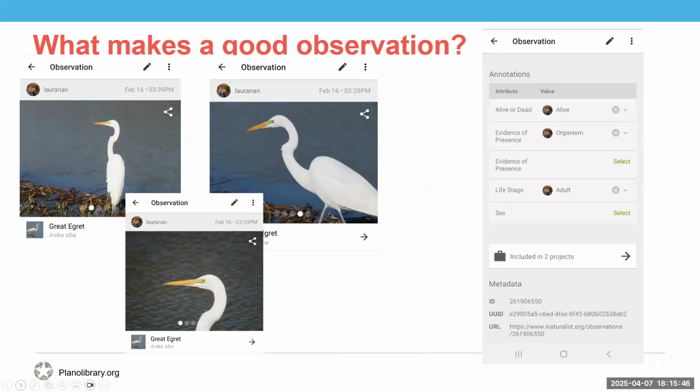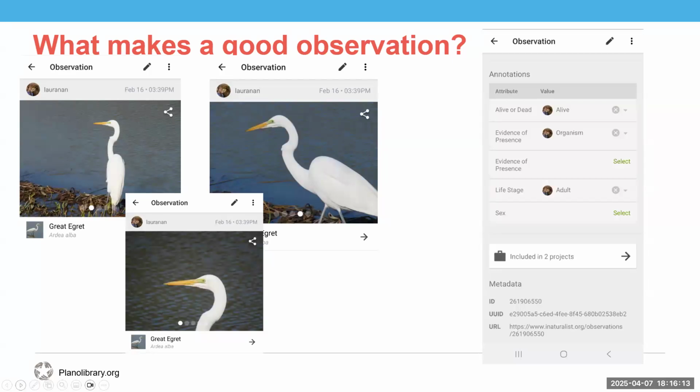So what makes a good observation for wildlife? Wildlife can be trickier because unlike a plant, it can move. Start taking pictures as soon as you see the animal so that you can get at least one. As you approach it or get to a better position, you can zoom in for those more detailed photos. And of course, you don't want to startle it or chase it. Please don't try and catch it. You want to leave them wild.